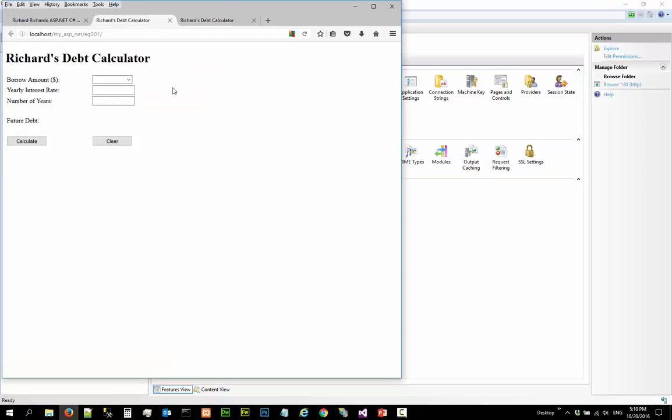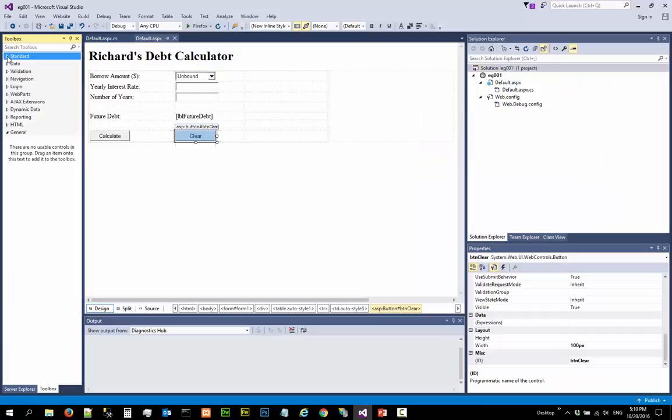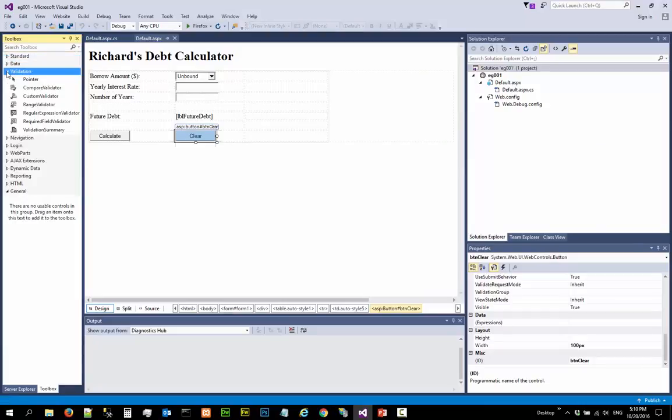We're going to create an input validation here. Okay, so we are going to use our toolbox. We are going to open up validation and look for required field validator. We're going to use this. Okay, and then we are going to do required field validator, and we are going to also use range validator. Let's do the required field validator first. So we drag this required field validator